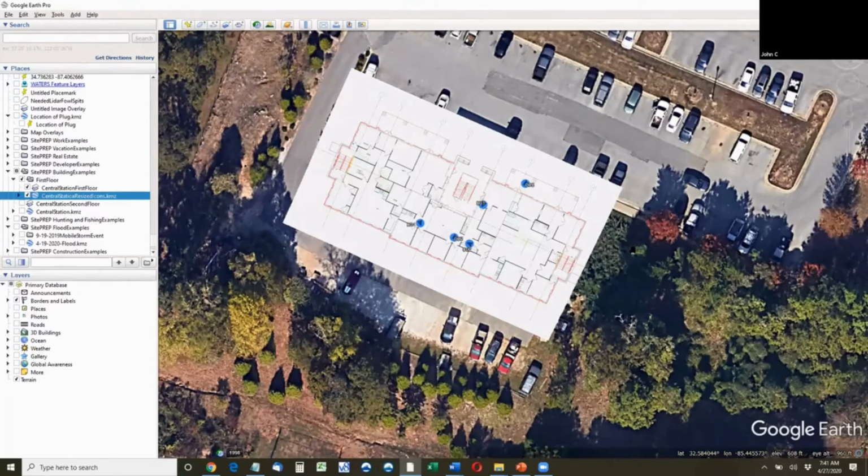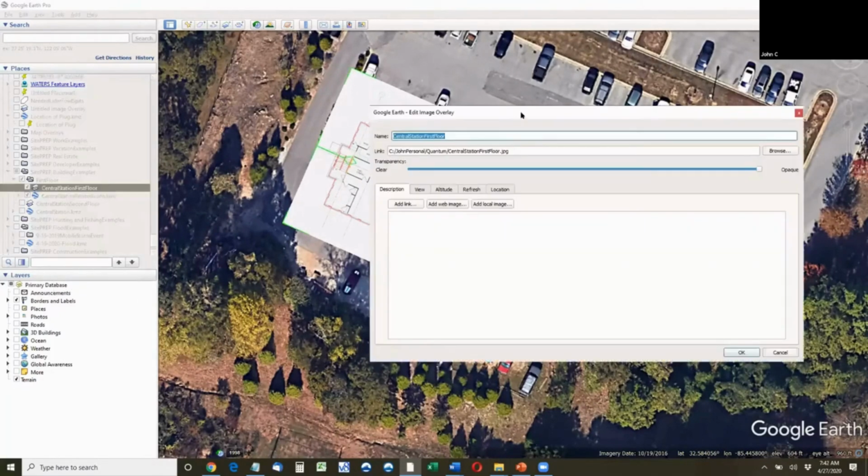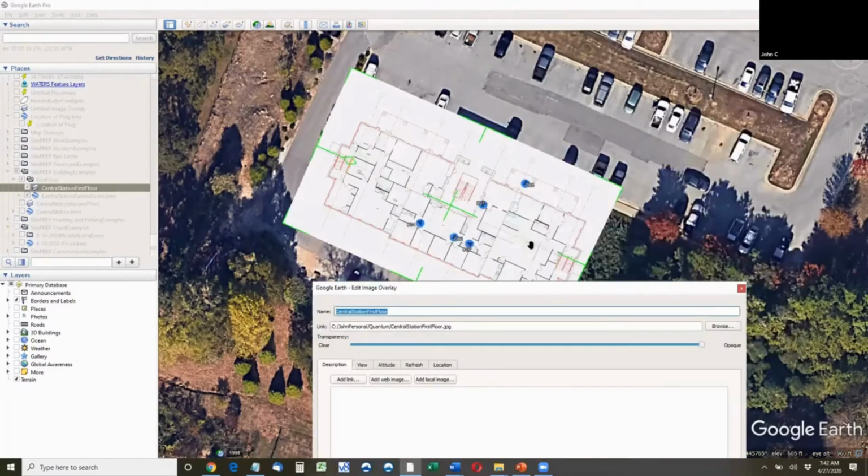I know we can do that in AutoCAD and some of these others too, but this is just a little bit quicker way to do it visually, as long as you have some edges to go by. And I'm going to show you one other thing: if you can't see the backdrop of the map of Alabama,